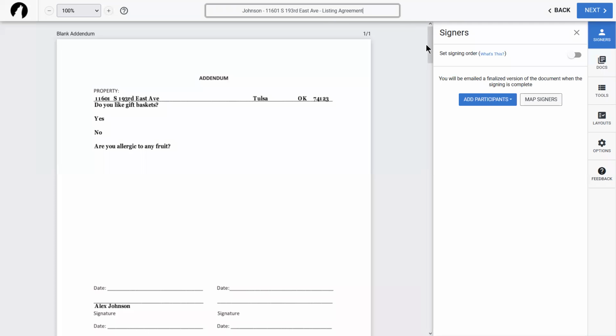Now, even though the listing agreement is only one of the forms that I'm sending off, the reason why I'm naming it that is because I remember that this was the listing agreement packet. So this was the signing that I was initiating with all of those pieces of information. You can simplify this further. So like if it's clear that we're sending this off to the Johnsons, I don't need to include their name. Maybe I just need the address, listing agreement, and that'll be sufficient.